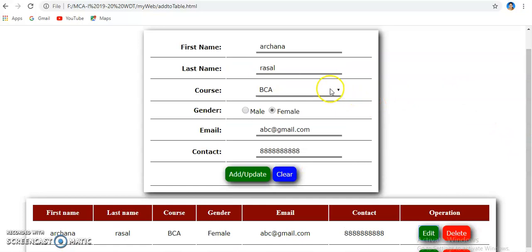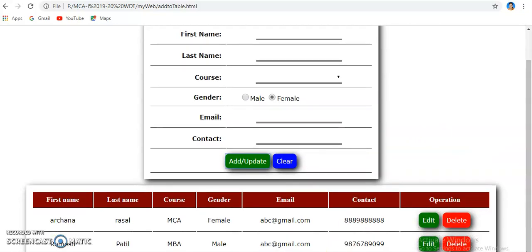If I want to change any contents, I change them and then click on the same button, add update, and the details are updated. As I have updated the course and contact of Archana, it will be updated here.